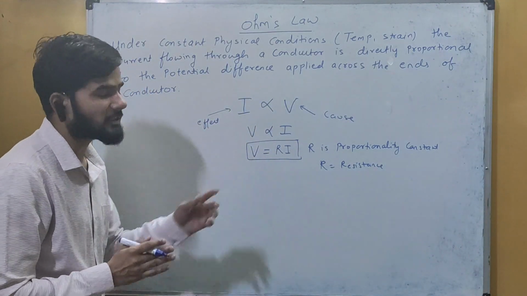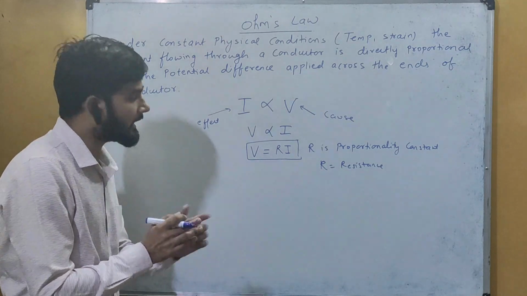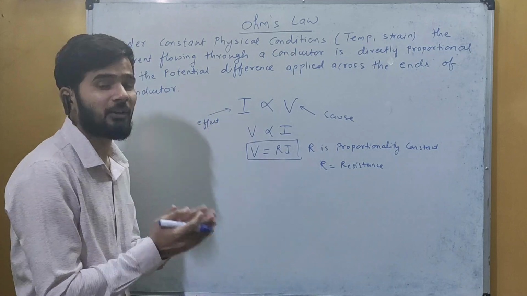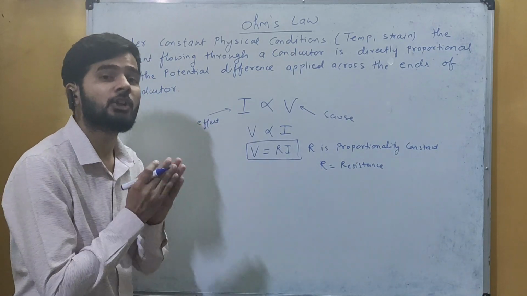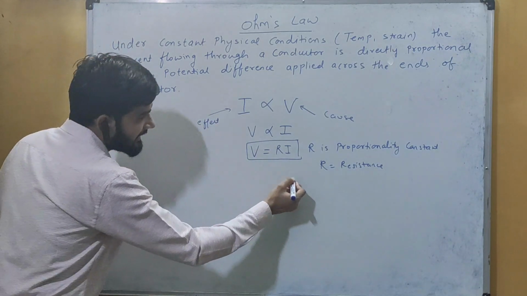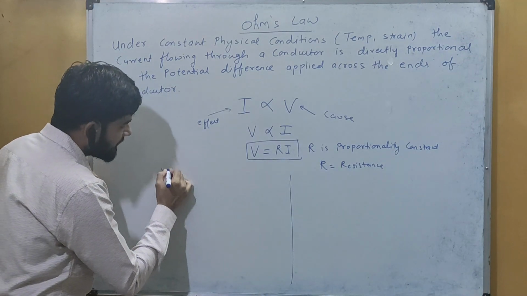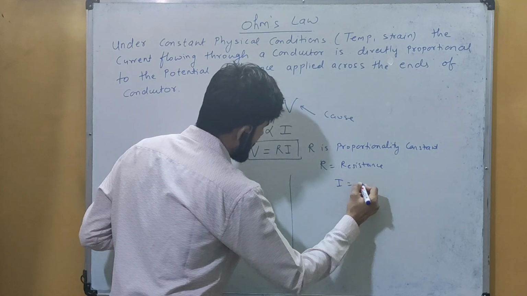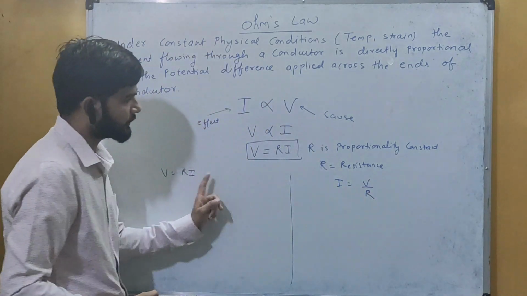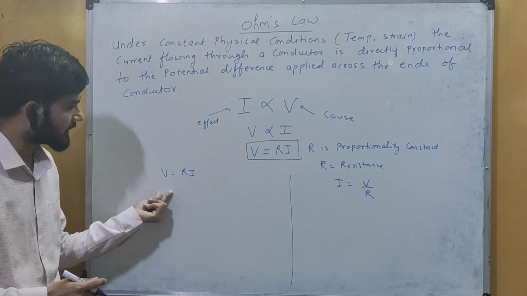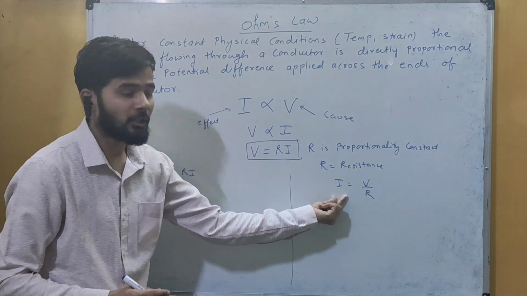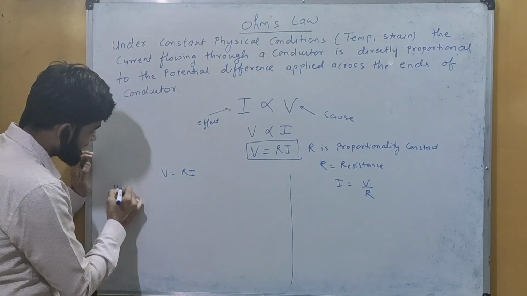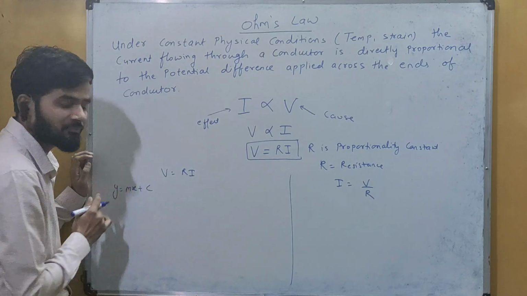Now as we have this formula, you can see कि अगर हमें इसका ग्राफ बनाना हो, then how can I make its graph? Now here I can write it in two different forms. How can I write it? Let me write it as V equals R I, and here I can write I equals V by R. ये दोनों फॉर्म में मैं इसको लिख सकता हूँ, या तो वोल्टेज के फॉर्म में या फिर करंट के फॉर्म में. Okay, now we have the equation of a straight line, that is y equals mx plus c.